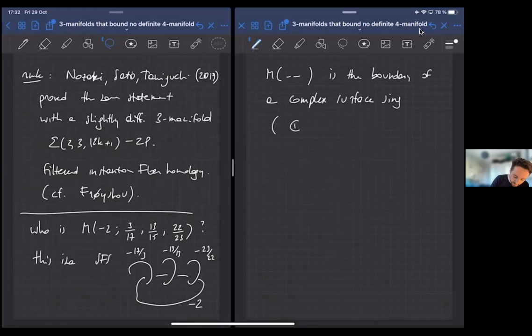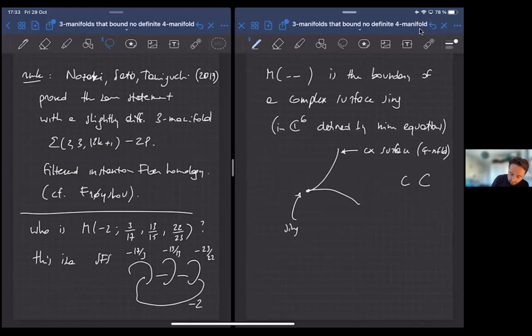Which happens to be, I think, in C^6 defined by 9 equations. But the gist of the situation is that you have a complex surface, so a four manifold with a singularity